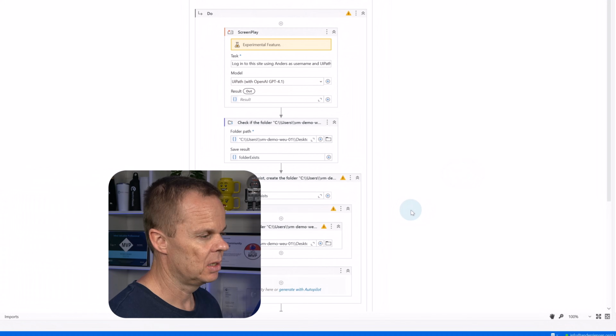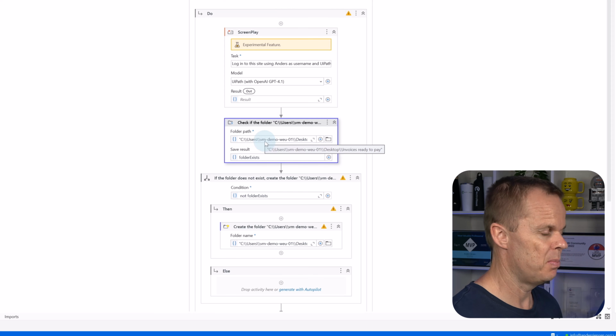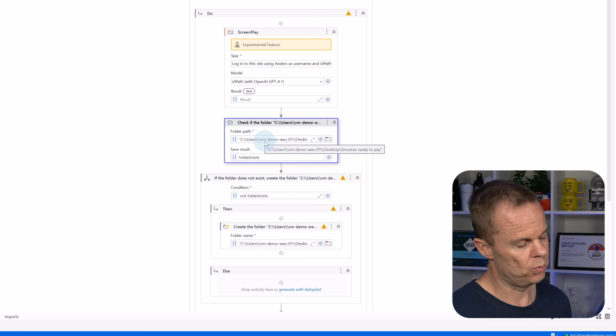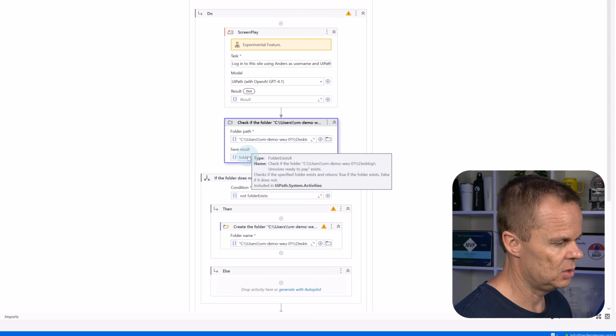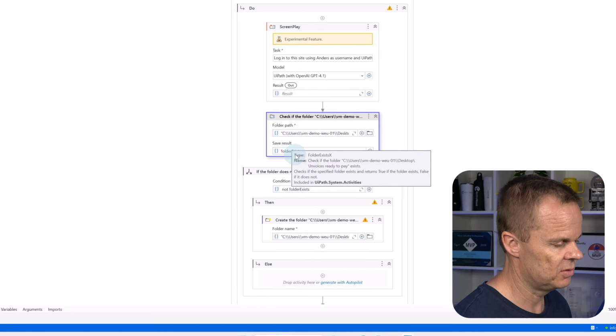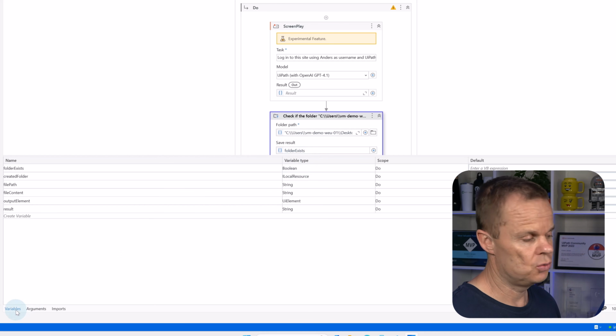And this is magic. Let's see what it has done first after the ScreenPlay, which we created before. It checks if this folder does exist. And here you can see it correctly escapes the backward slashes in the file path with another backward slash. This will be saved into a folder exists variable. If I go down to variables, I can see that this folder exists is of the type Boolean. A Boolean can be either true or